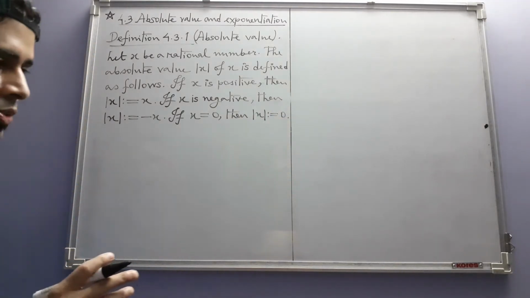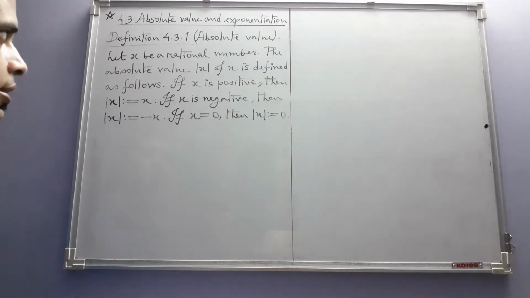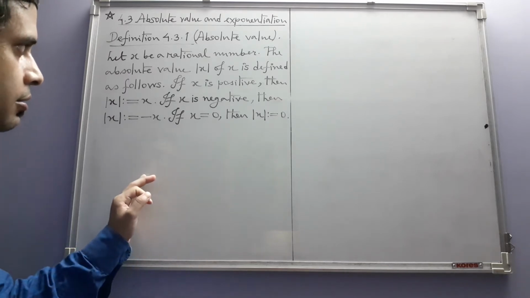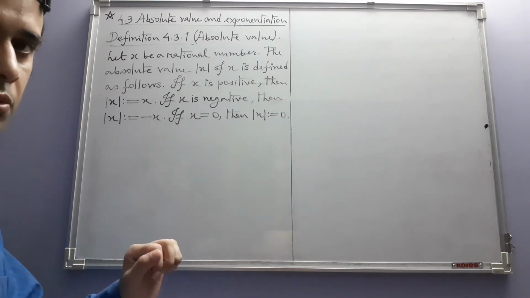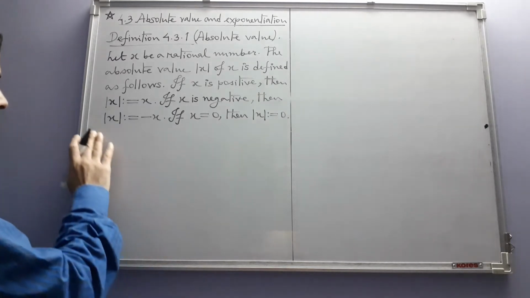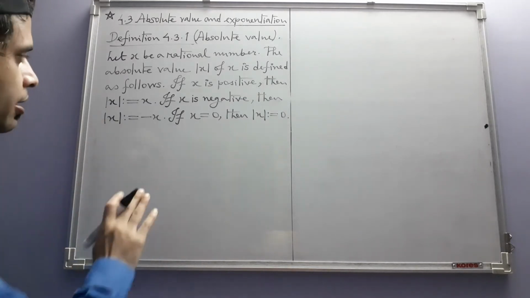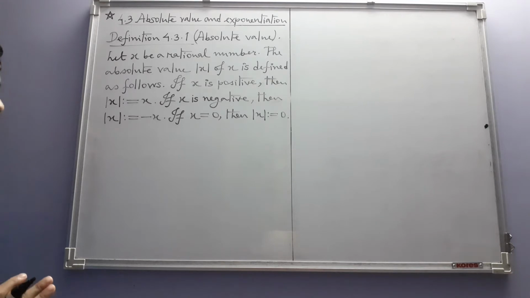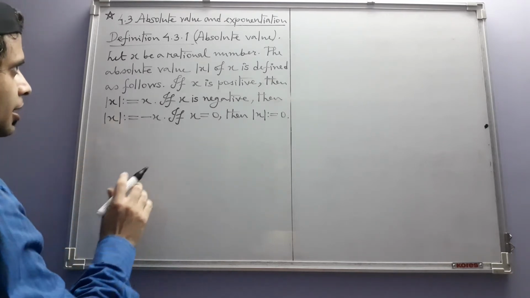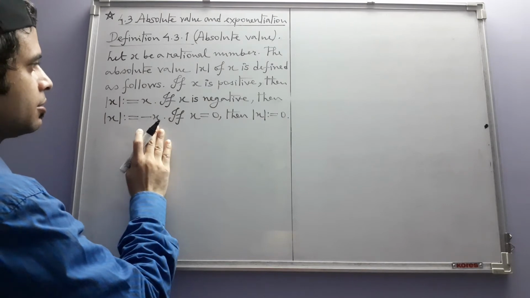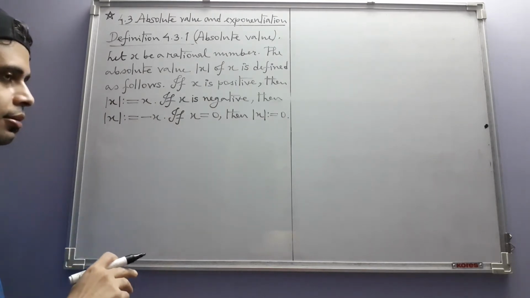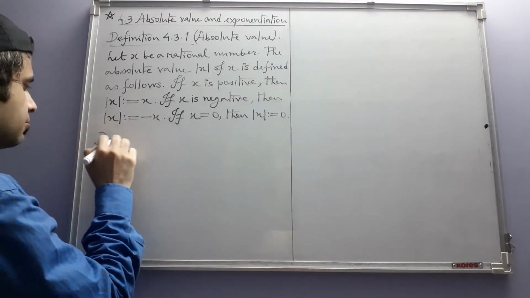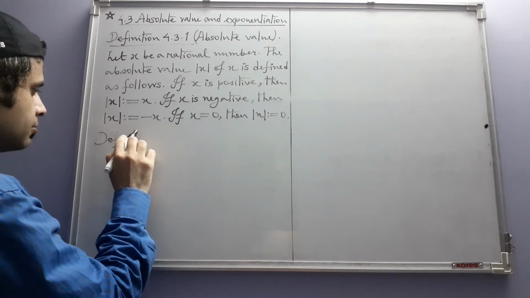Now since from trichotomy of rational numbers we know that a rational number is either positive or negative or 0, and exactly one of these three possibilities is true at a given moment for a given rational number. So this is a well-defined definition. There is no problem with this. Now immediately using this notion of absolute value, one can define the notion of distance. So that gives us the next definition.